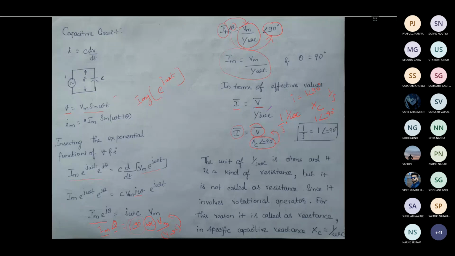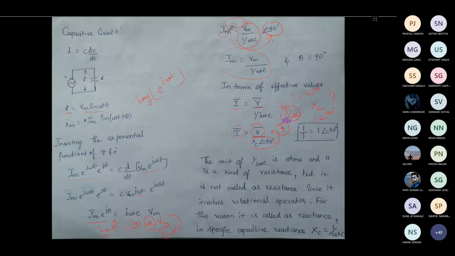Okay, the unit of this 1/ωC is called capacitive reactance. So this is almost like a resistance, but here the unit is not a resistance, because in this capacitive reactance we also have one j term. So that j term is the rotational operator. Since we have a rotational operator, we cannot call this a resistor. Here we have to call it a reactance. Okay, so this Xc magnitude alone you can say is 1/ωC, whereas the complete part you can consider as a rotating one. So that is given by this j term.